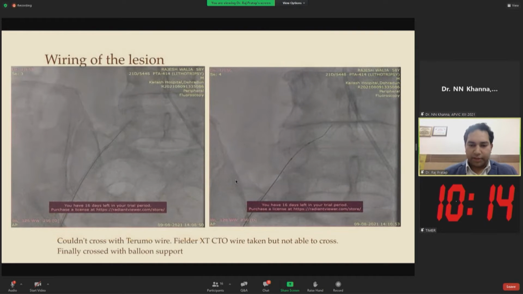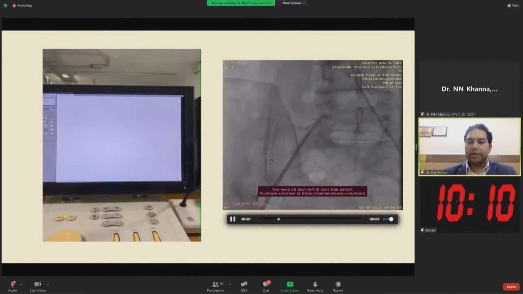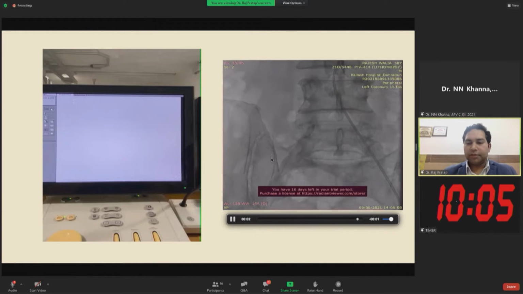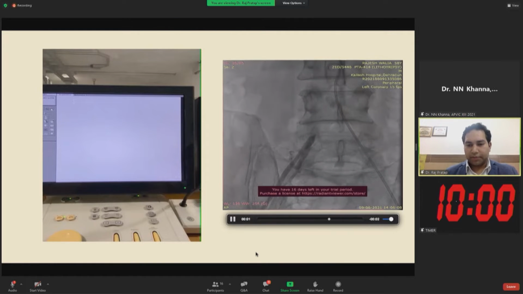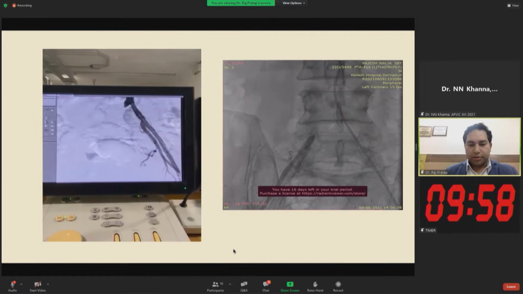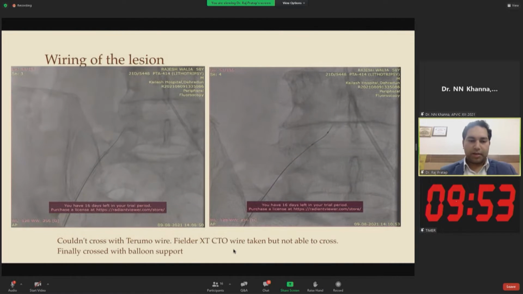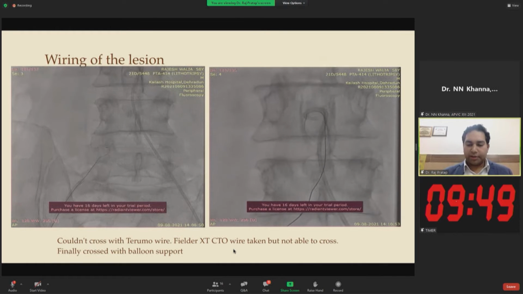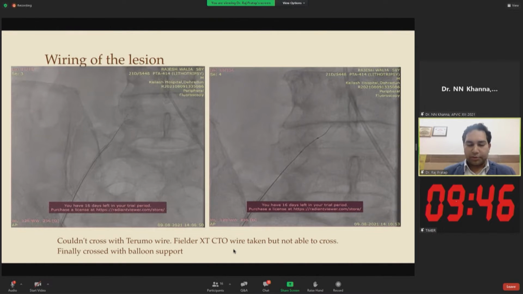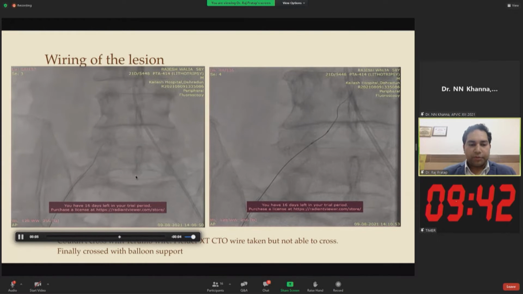The good thing was that we had an antegrade approach. Whenever things go right, it is much easier to work our way through. So we took a 7 French sheath in both the femorals, and we had a straight way. The measurements on CT were around 7 millimeters in the proximal portion of the common iliac and around 6 to 6.5 in the distal portion that was being reformed. We initially tried with a 0.035 Terumo wire; it wouldn't cross.